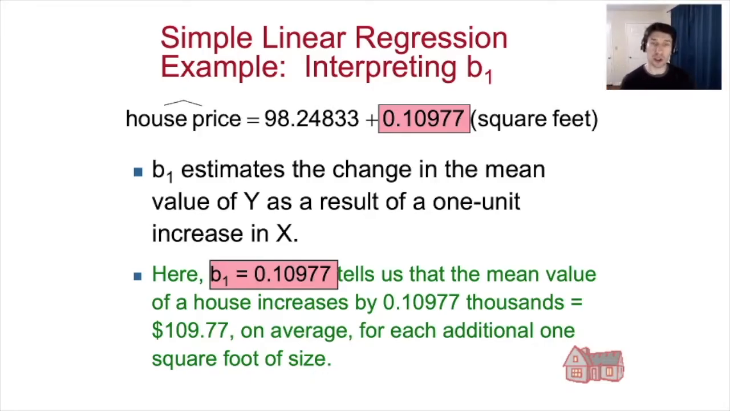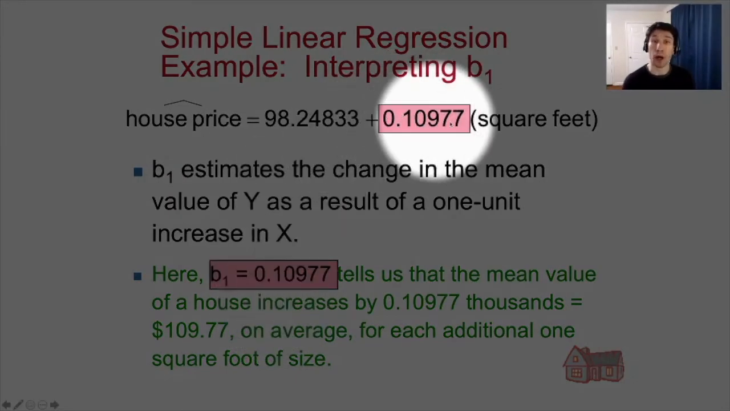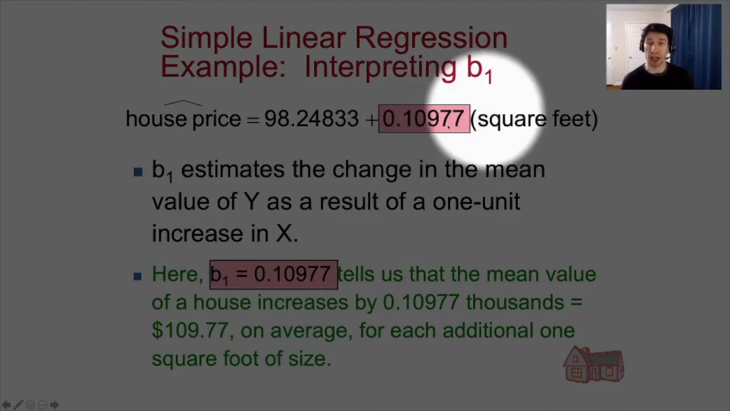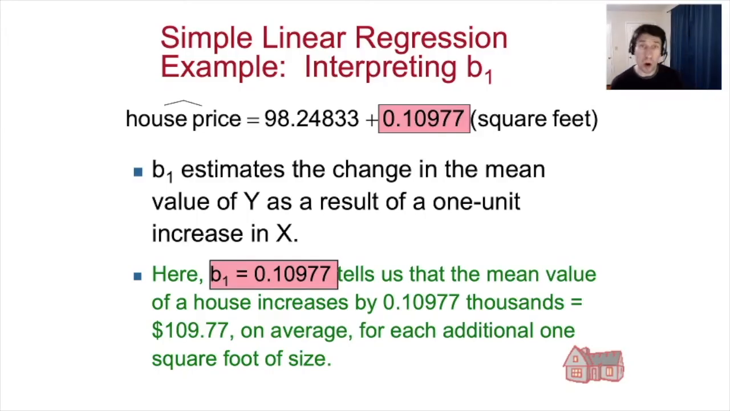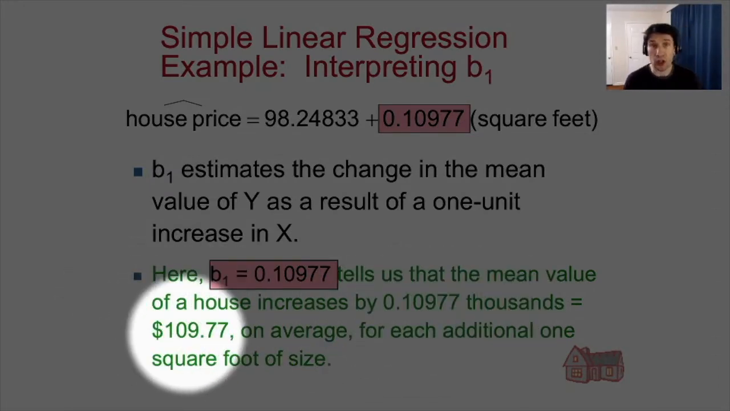So let us focus on interpreting b1, the slope. So b1 is this 0.10977. You multiply the square footage by b1. We saw the definition: b1 estimates the change in the mean value of y as a result of a 1-unit increase in x. Putting this in our context, b1, 0.10977, tells us what the mean value of a house increases by for every additional square foot. So for each additional square foot of a house, you get 0.10977 thousand, meaning $109 added to the price of